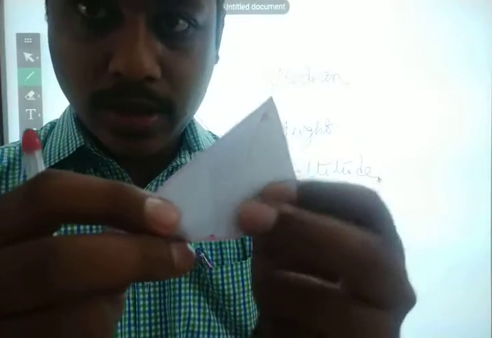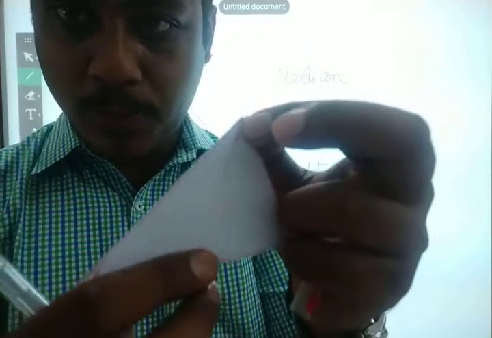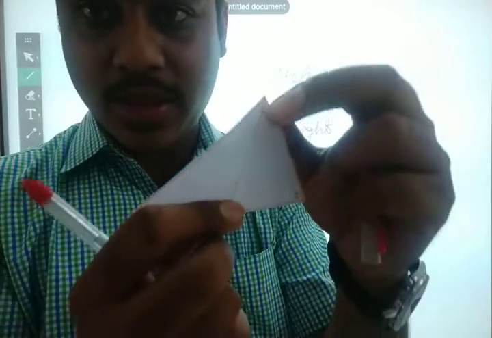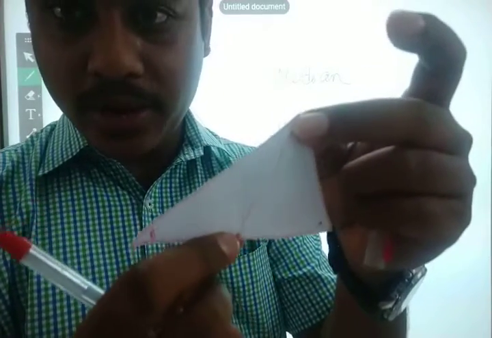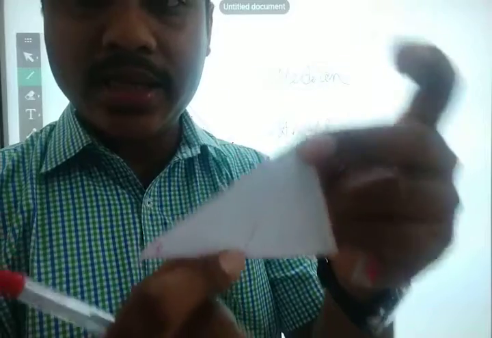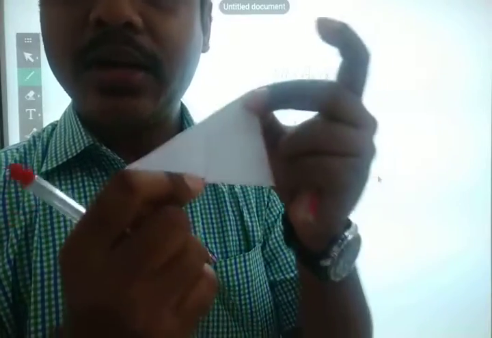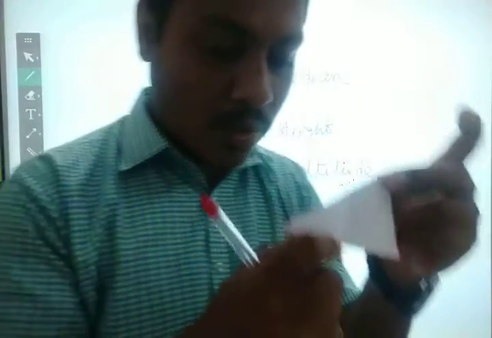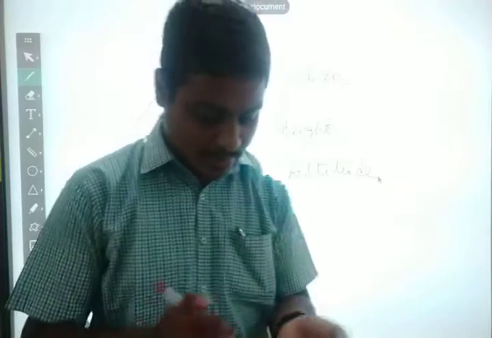You can see the line from point A to point C. This is not straight because I am drawing with a free hand. From point A to point C, the line that I have drawn is called a median of the triangle. Okay, so what do we have to write about the median of the triangle?